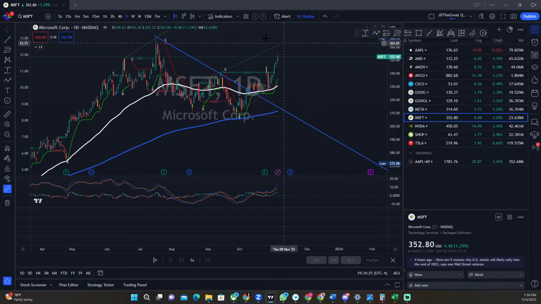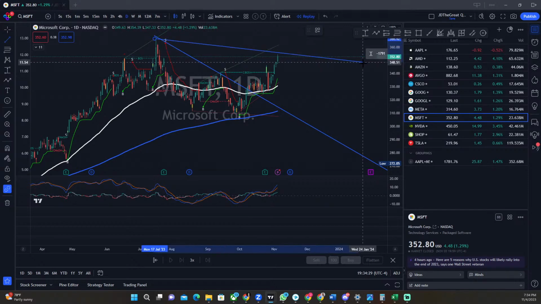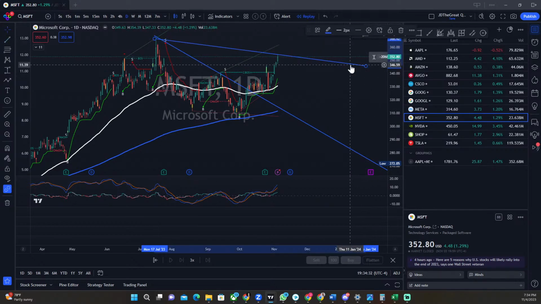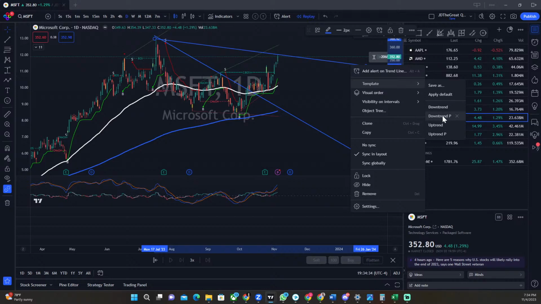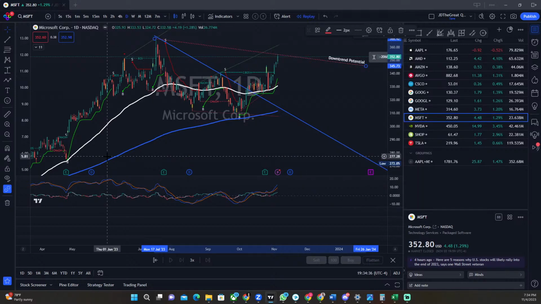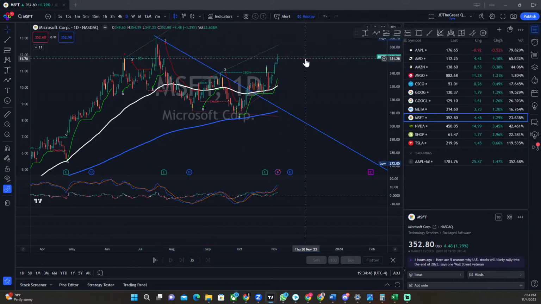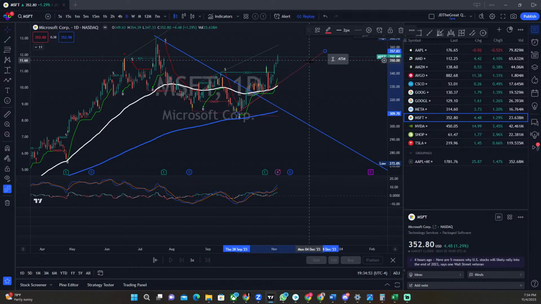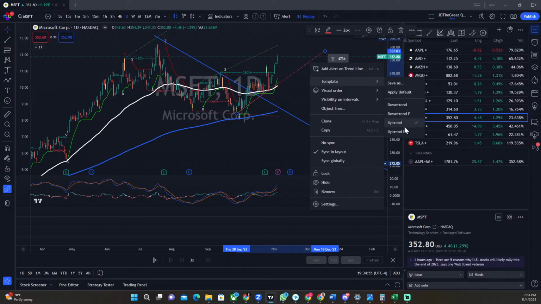Can we make higher lows? Absolutely. Could this be a potential downtrend? Maybe. Maybe this is the end of it. Maybe. We'll call this potential downtrend. But it only is potential. Until we get confirmation with a lower low, it's not a downtrend. Right now, we have an uptrend, and it's no longer a potential uptrend. It's an official uptrend. So I'm going to take this, and I'm going to go ahead and do this like that. And that's what I want to see respected in this uptrend.